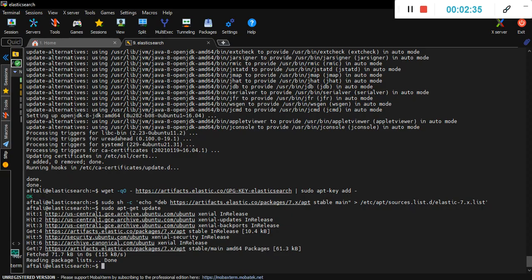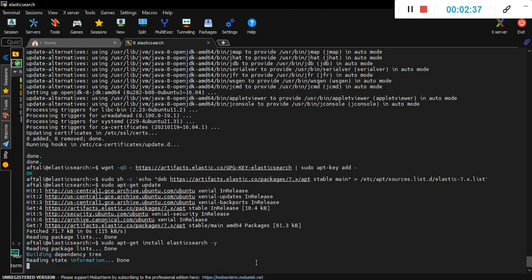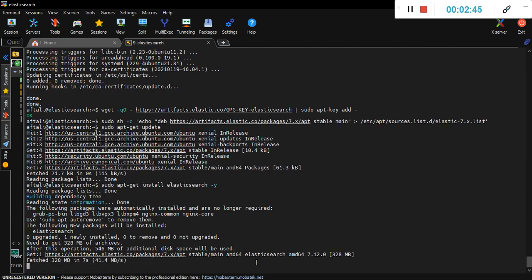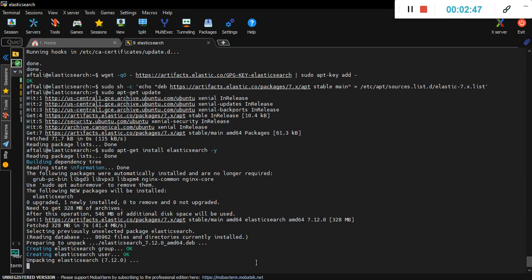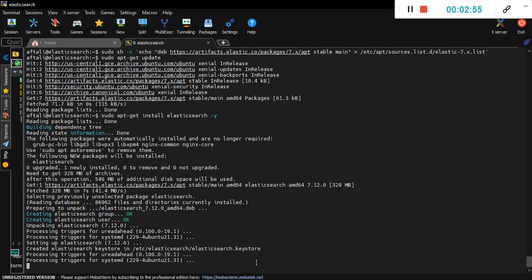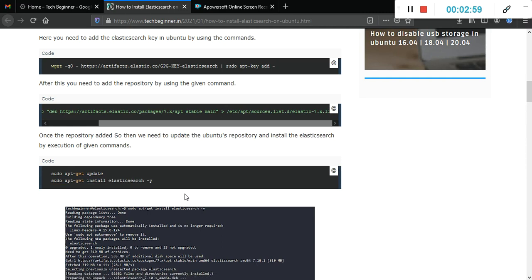Now we are ready to install the Elasticsearch package. Just copy and paste here. So the Elasticsearch package is installed.